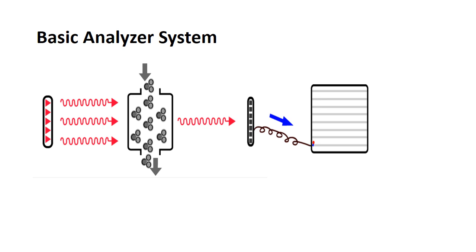Now coming to the basic analyzer system. The basic analyzer system consists of the infrared source, which is the light, this one is the sample chamber, this is the detector, and this one is the display. The CO2 being measured goes by the sampling chamber, which has a fixed size. Not all materials allow the infrared waves to pass through, therefore this chamber is made of a special material, and that is sapphire.